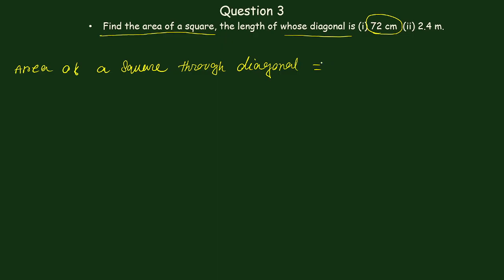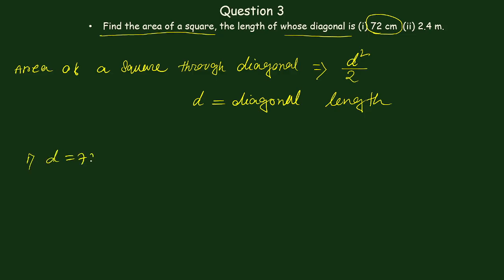The formula is d square by 2. Here d is the diagonal length. So your diagonal length is, for this question, d is equal to how much? 72 centimeter. So area will be